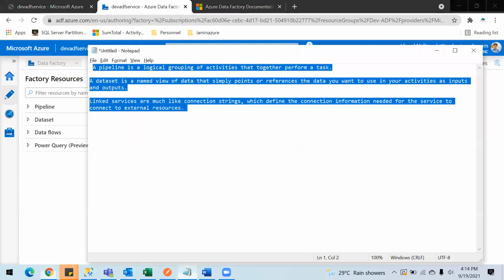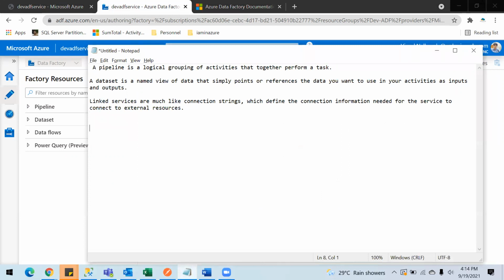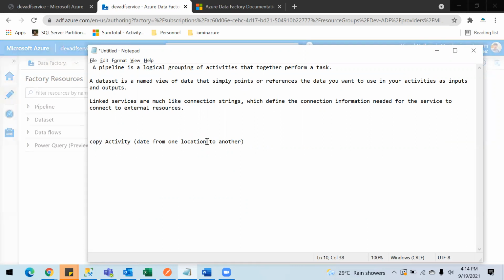Today, what we're going to do is focus on a very basic activity, which is the copy activity, which is going to copy data from one location to another. As I mentioned, the location can be a SQL or some file store or blob storage, or it can be external storage as well. In the current example, I'm going to use a blob, which is an Azure service to store your blob data.